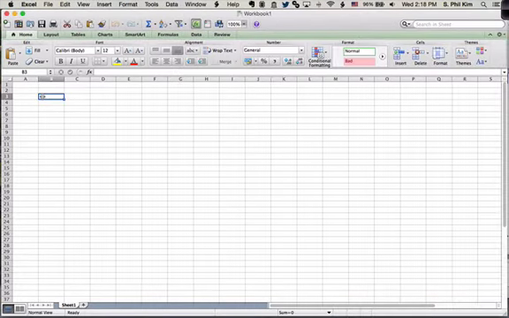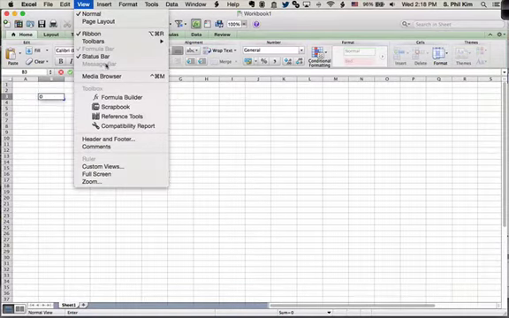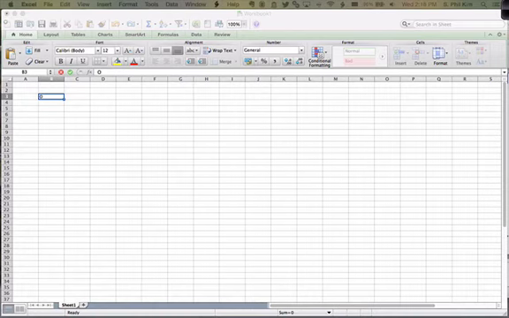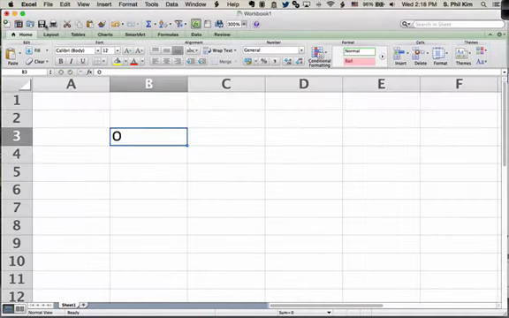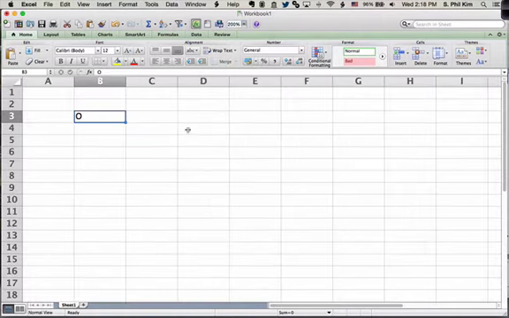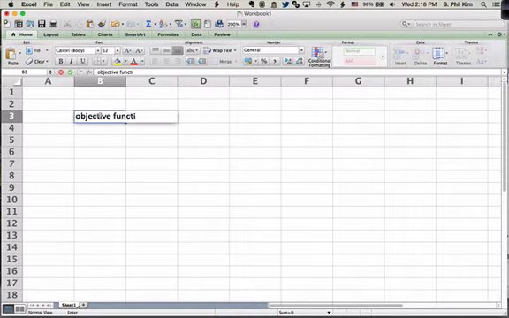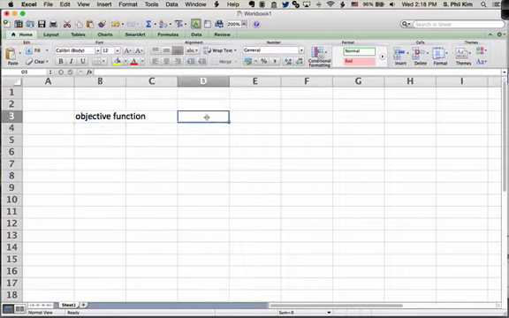So I will set the objective function here. This is too small to see. So let's see. And this is too big. So I will, and maximize, what I'm trying to maximize is